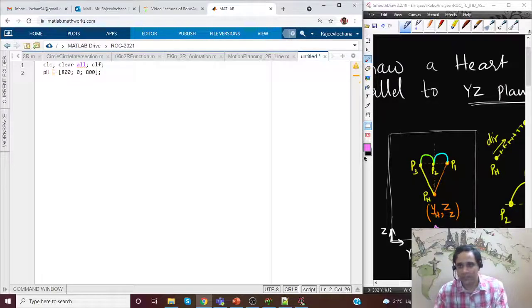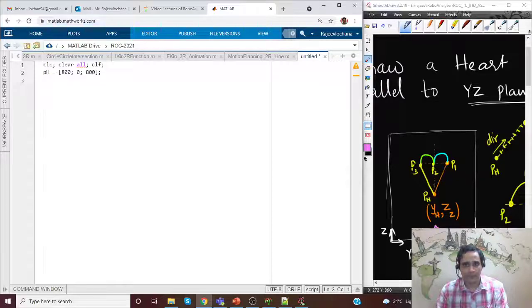Now we need to get P1, P2, P3. So from this geometry we can just give some dimensions here. Along H, this is a robot, maybe 200 is good, and this width could be 100 on each side. So basically the width is 200 from P1 to P3, the height is 200. Okay, so this is an example I have.